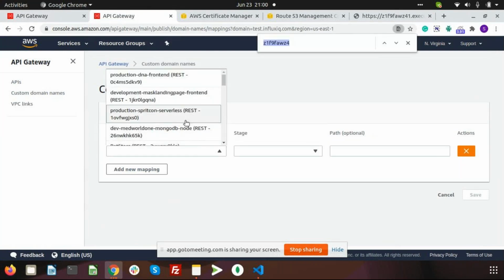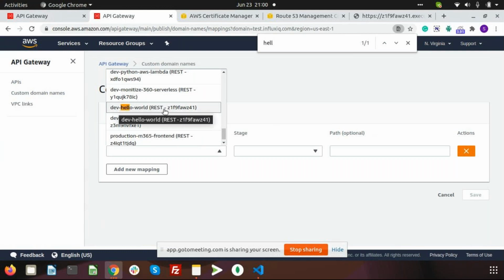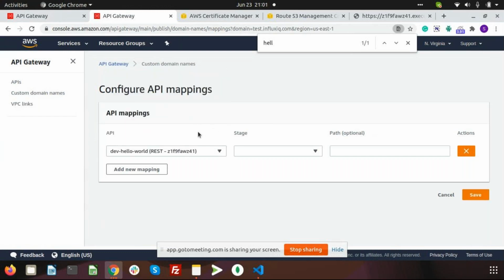If you search for dev hello world, this is the Lambda that we have created in the first place. We need to configure this mapping. The stage name will be automatically provided.